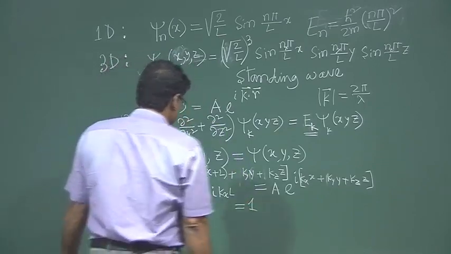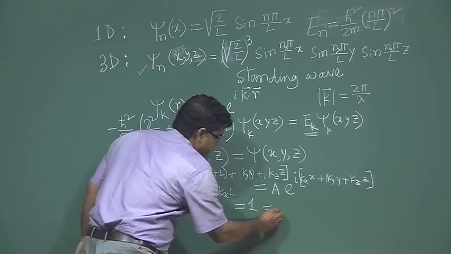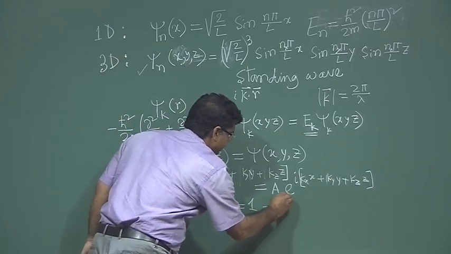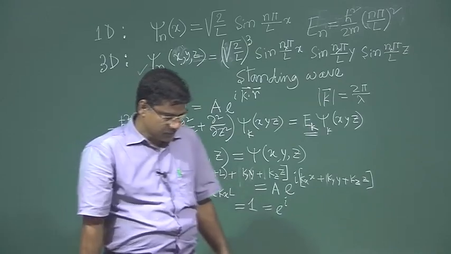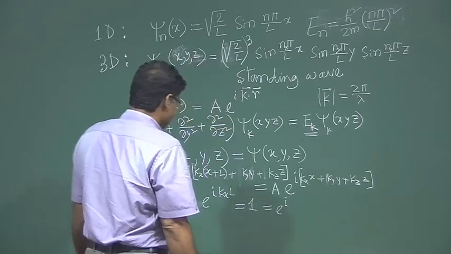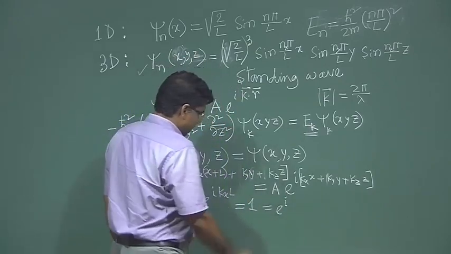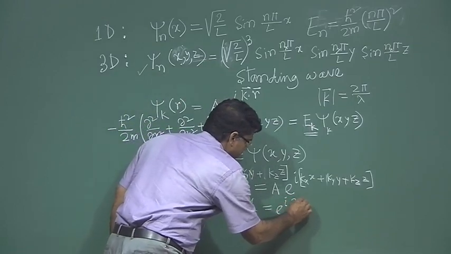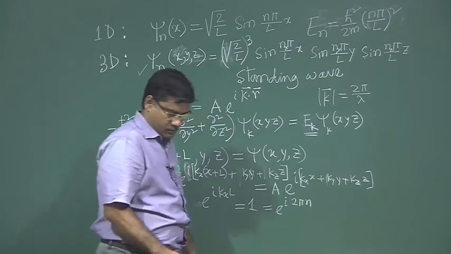So, 1 means e to the power, I can write, i 2 pi n, i 2 pi n,